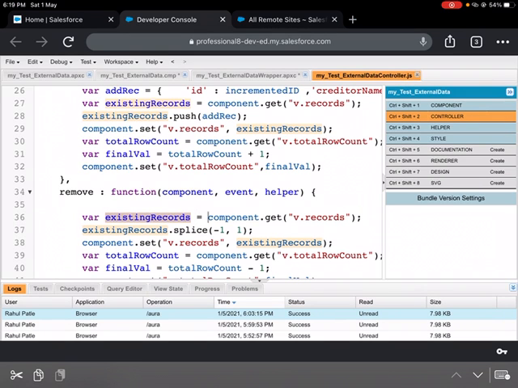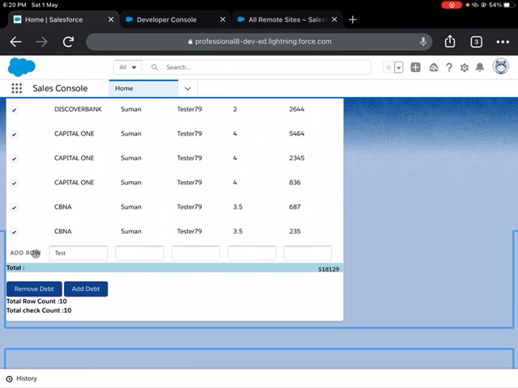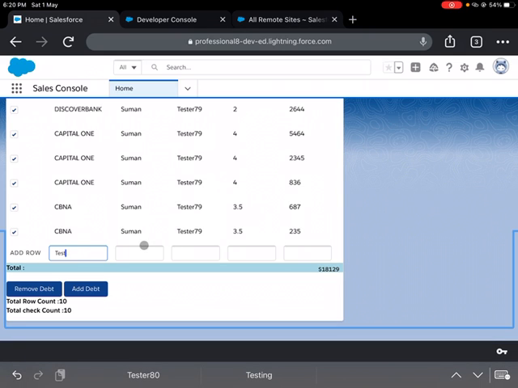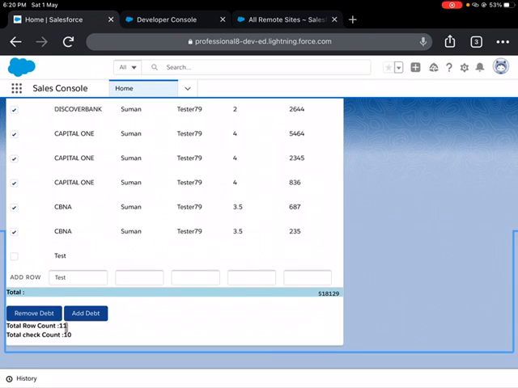Once I get in here, my controller will actually check for the existing records. So here I've made one change, like I need to splice one record here. Splice actually removes one element from the array. So this is an array of objects, so existing records whatever I'm getting currently, for example if I add one record here, total count is 11. So if I wanted to click on remove, suppose I add one more data, test, so let me add this, so total count is 11.